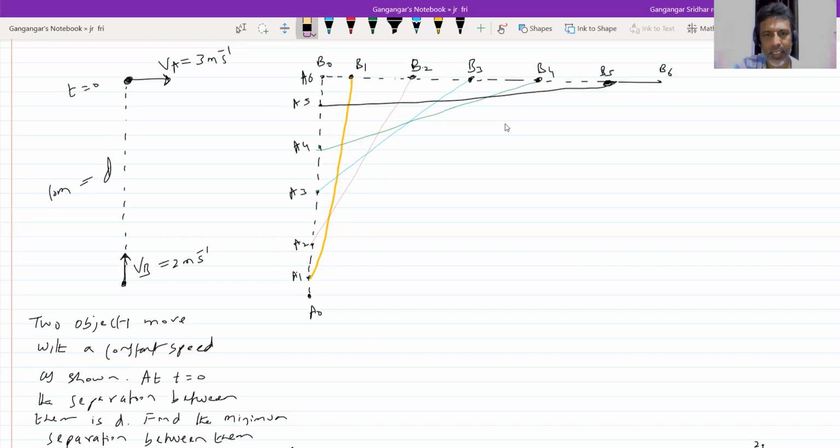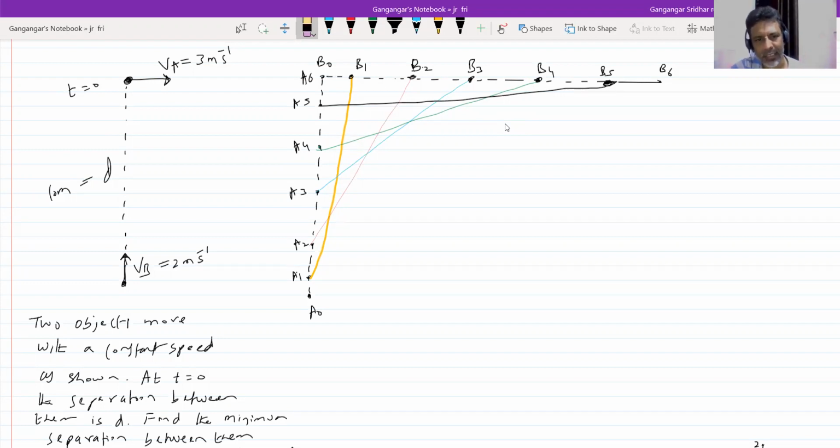Okay, this is what. Somewhere the distance between A and B is minimum. That minimum has to be calculated. Sir, I'll take a scale, a geometric scale, then a protractor, then I'll measure. I think it would definitely take half an hour or 1 hour. And you can't say exactly that is the minimum. You have to do a lot of trial and error.